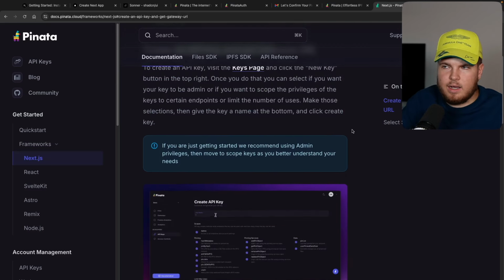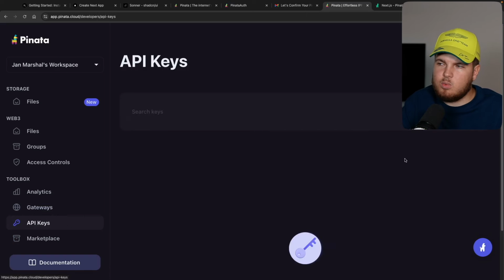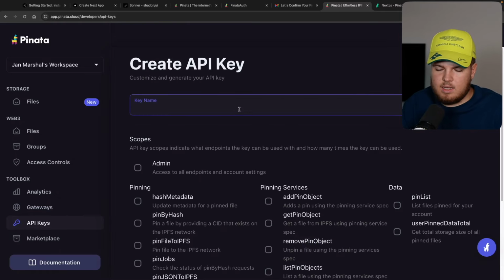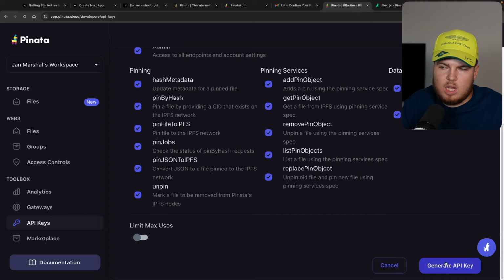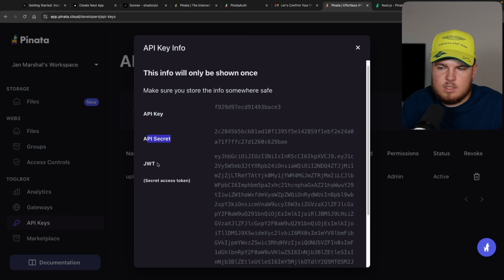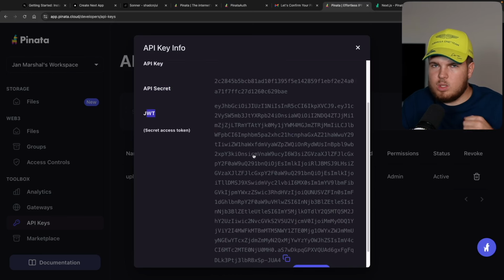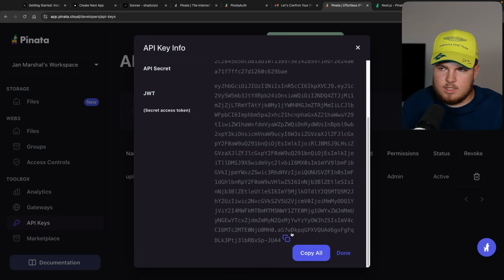So to create an API key, I already told you, we have to go to the API keys in the sidebar, and then right here we can create a new key. So let me click on new key and let's give it a name. For the name, I will just say, let's call it upload Marshall. You can name it whatever you want. It does not really matter. And then for the scope, I want to make it an admin key. What we can do now is generate this API key. And now we have right here the API key, the API secret, and the JWT. Now, what we need for this video is the JWT. So what I will do is copy this JWT,